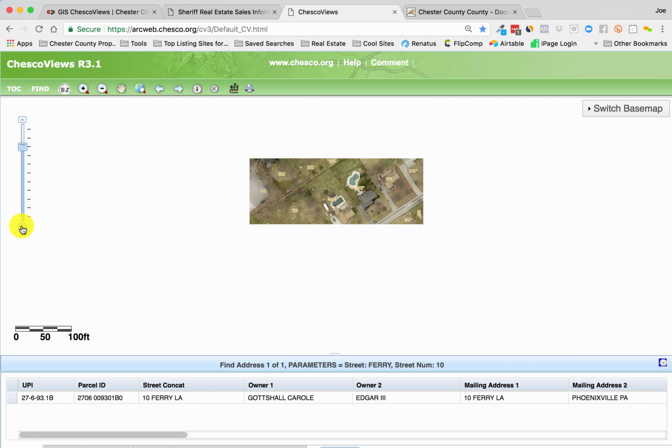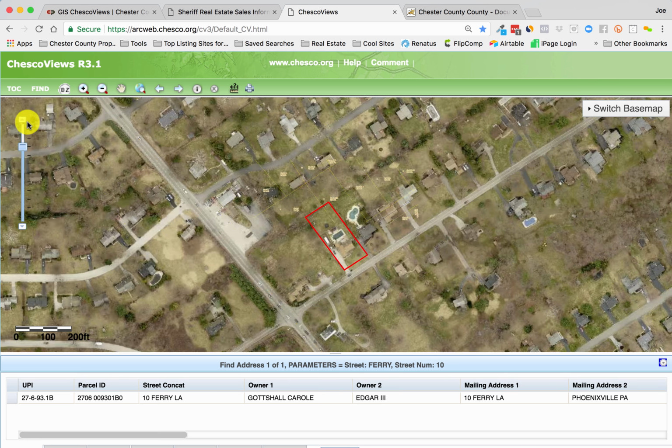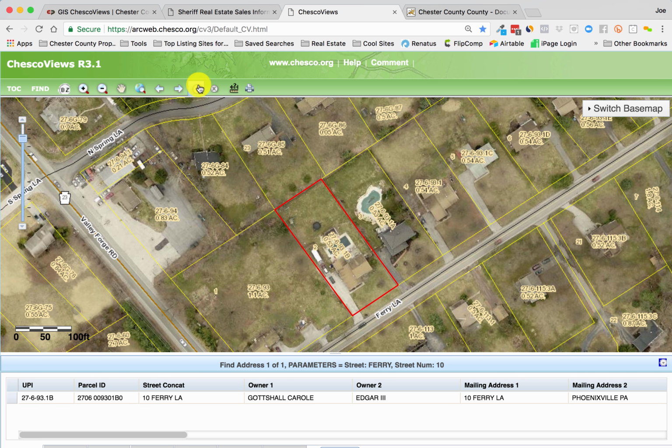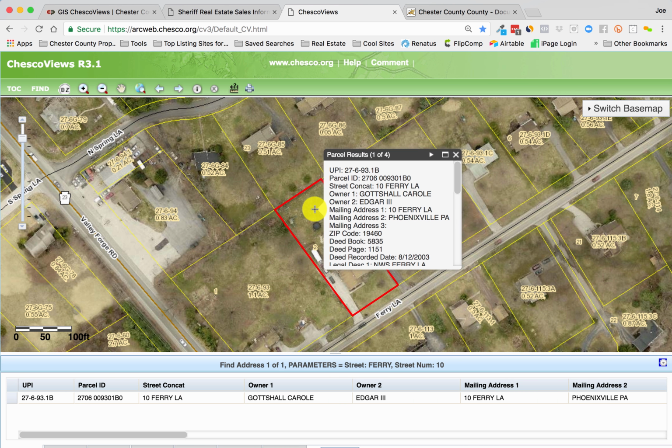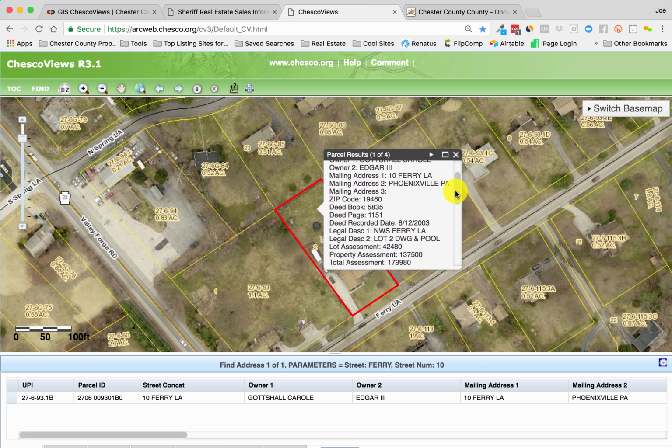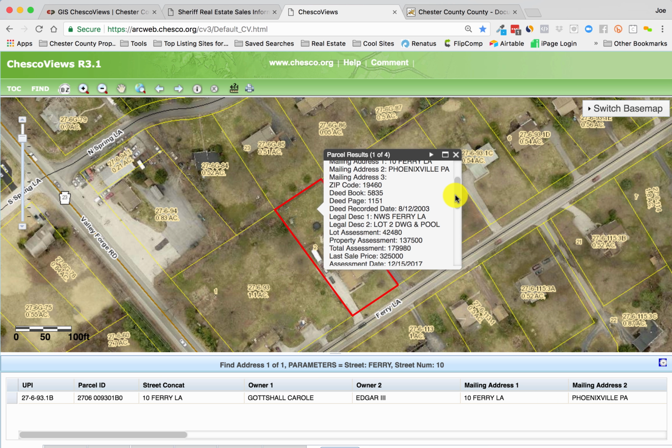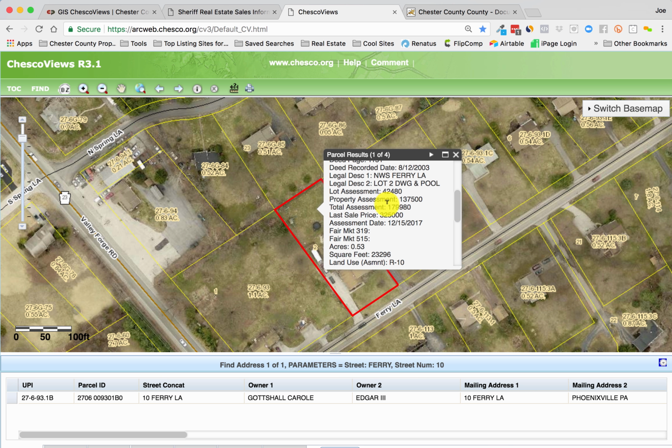You can go in and out, and you can navigate anywhere in the county. Go to the information, a little eye icon, and then click on that parcel here. At least this is how this one works. And boom, you have information. Who owns it? The mailing address is the same. Sometimes there'll be a landlord property, and you'll have a different mailing address, so pay attention to that if you want to mail prospects for people to sell their houses, which is obviously why we're making this video. You can see the property assessment, the total assessment, last sale date, last sale price,